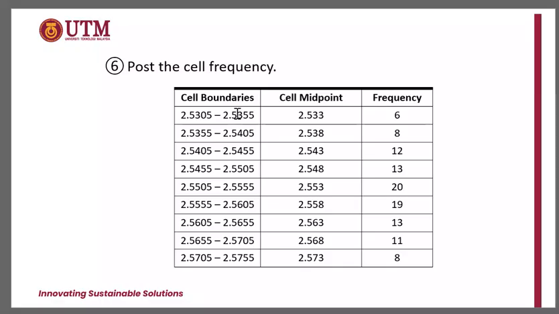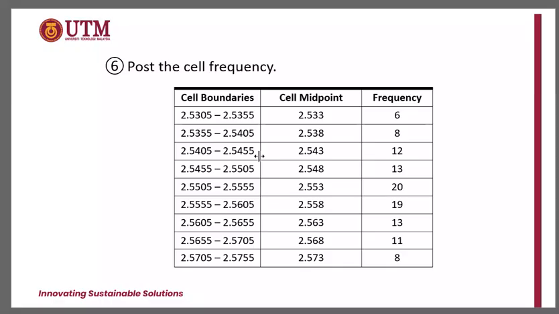So lower boundary plus 0.005, upper boundary plus 0.005, we can find the second class. For the third class, lower boundary of the second class plus 0.005 and upper boundary of the second class plus 0.005, so you can find the lower and upper boundary for the third class, and so on for the other